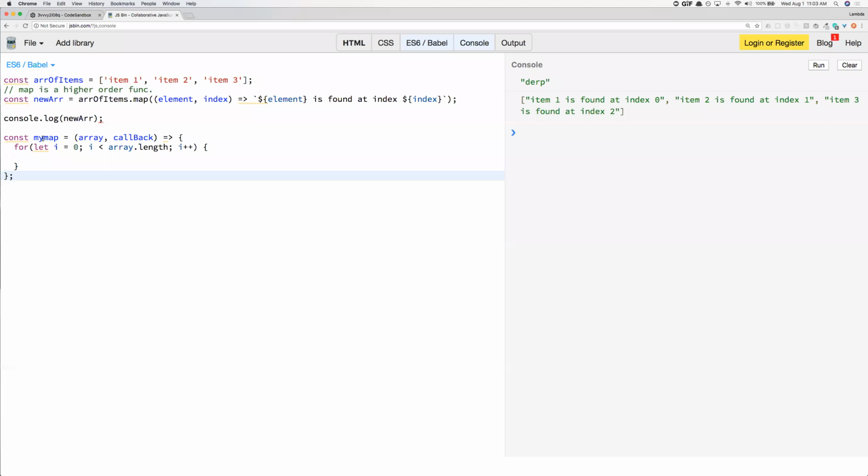Okay. But remember, map returns a new array. So we need our new array to be an empty array initialized at first. And we're going to return that array after we're done looping. So here's what's cool. We are going to now push every single item and index into our new array, or rather, we're going to push the actual call to the callback, okay? So we're going to say new array.push,